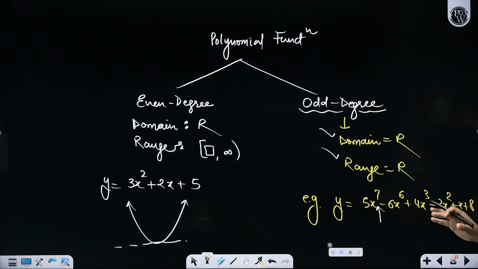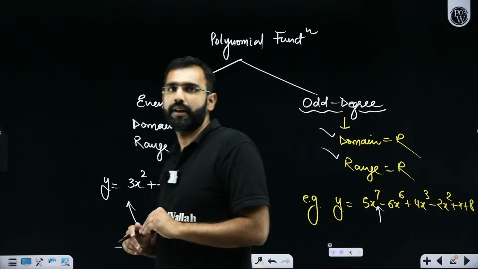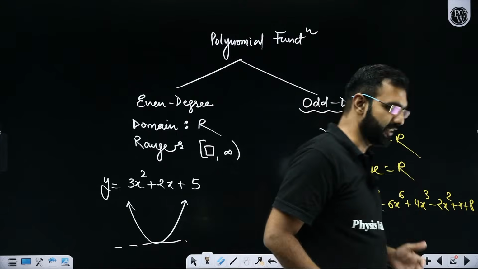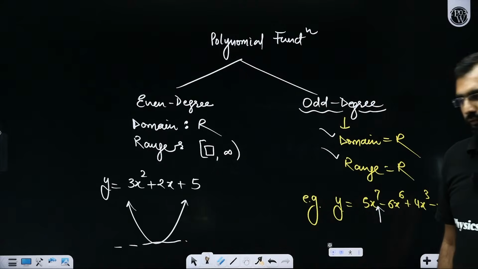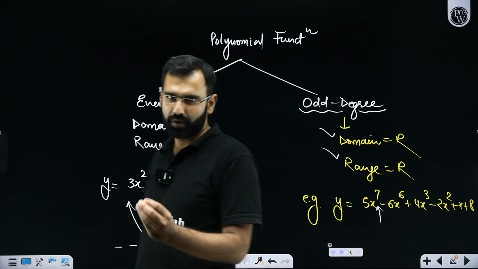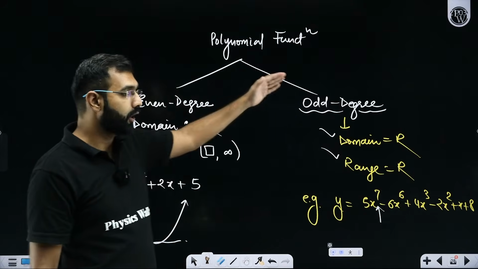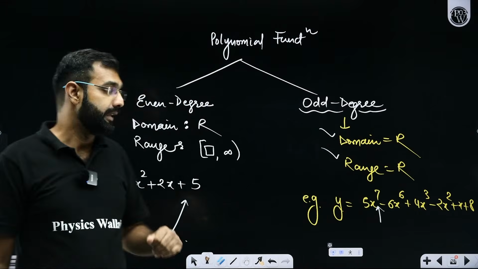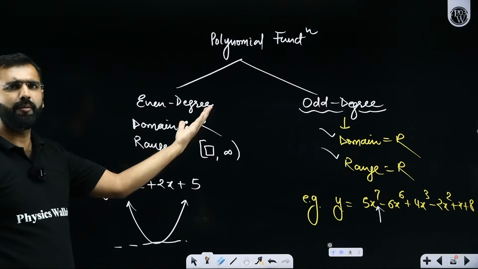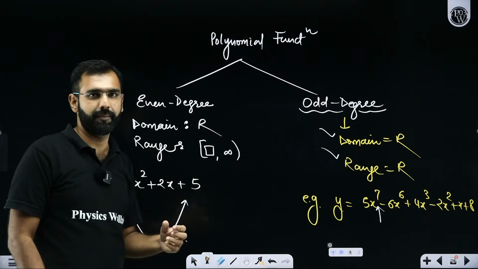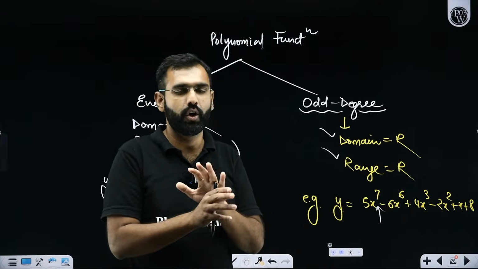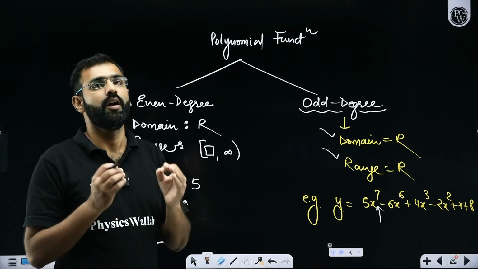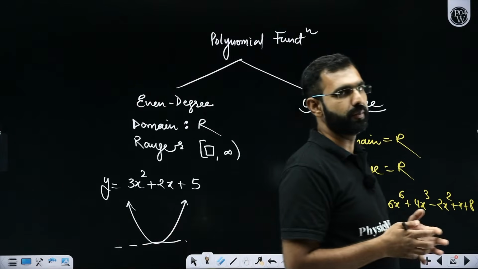But did you all get whatever I've explained so far? What I am trying to tell you here is something which is, I think, not there in the syllabus right now at this stage in 11th class. But still, from the JEE's perspective, remember this as a concept: for odd degree polynomials, domain and range both are real numbers. But for even degree polynomials, domain for any degree polynomial is real numbers, but range for an even degree polynomial will not be the set of real numbers. It will be a subset of real numbers, a proper subset of the real number set.